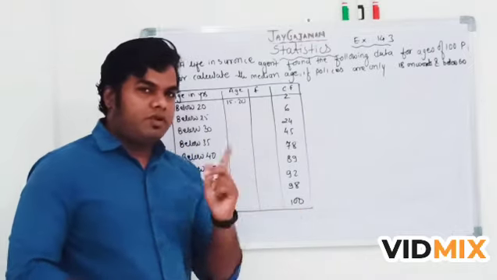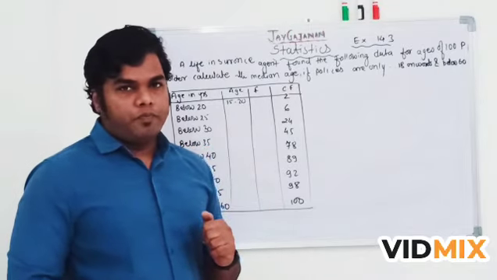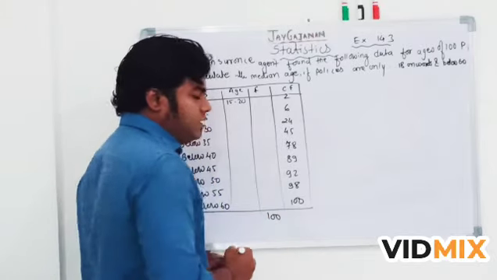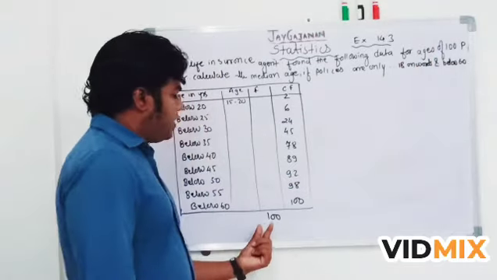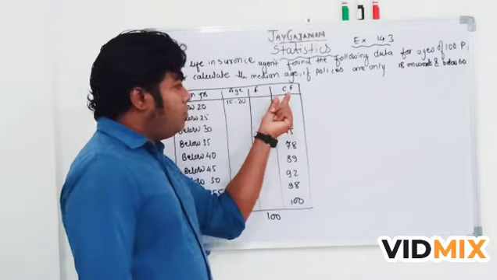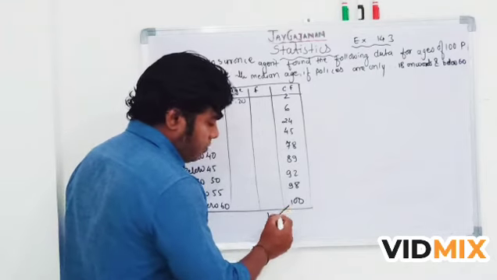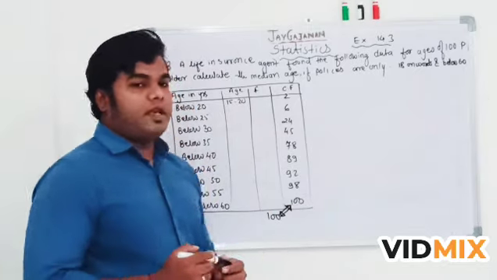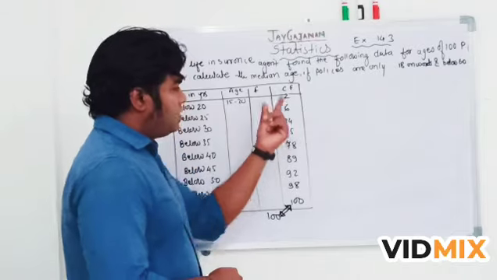The second thing is, in the previous video I told you that the summation of the frequency, that is this column, the summation of that is always given in the question, 100. Yes, this is already given in the question. And with that I told you that the last term of the cumulative frequency and this are both the same. Remember this, we have discussed this. So these two are the same, correct? 100. So this is also a way of identifying. So this is the cumulative frequency.